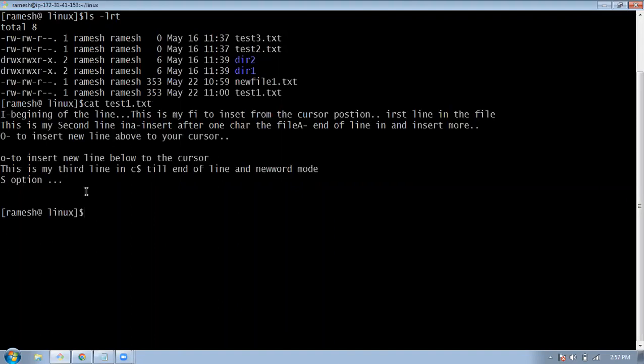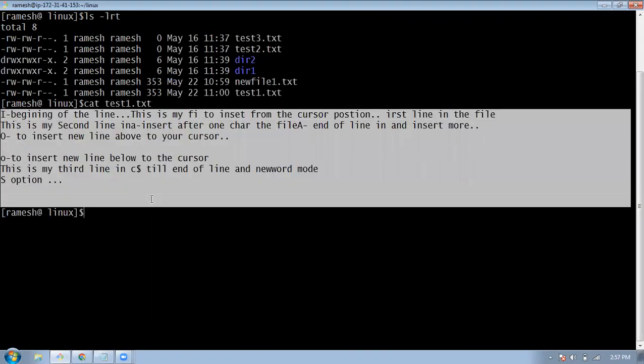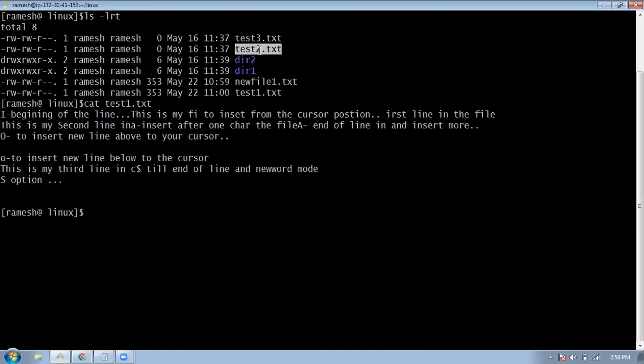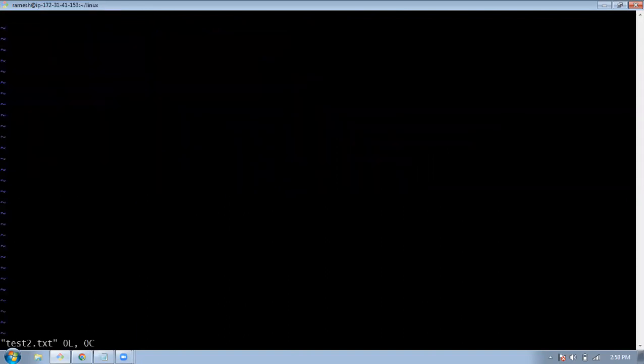Okay. Now I can see the content inside this file. So this is how we can do it. Now let me add some text to this file. How to use vi, I have posted in some other video, you can watch that.